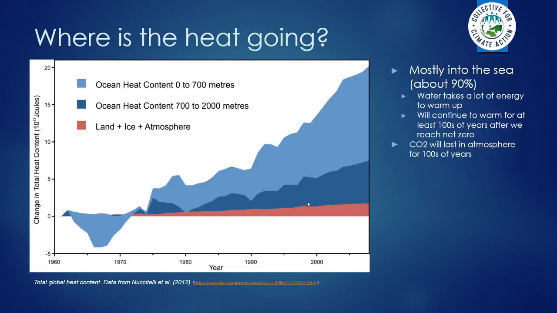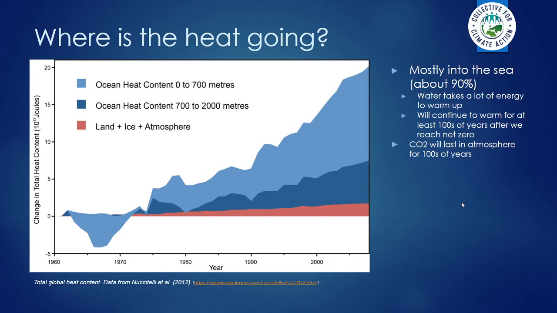So where's the heat going? Most of the heat is going into the oceans, about 90% of it. And the way the ocean currents work, they move warm water from the surface of the ocean down to the bottom of it. And there are parts of the ocean still which haven't even noticed climate change yet, haven't changed temperature at all. So ocean circulations are helping to keep the Earth cool by constantly cycling the warm water on the surface of the ocean down to the bottom. So they're kind of bailing us out quite a lot at the moment.